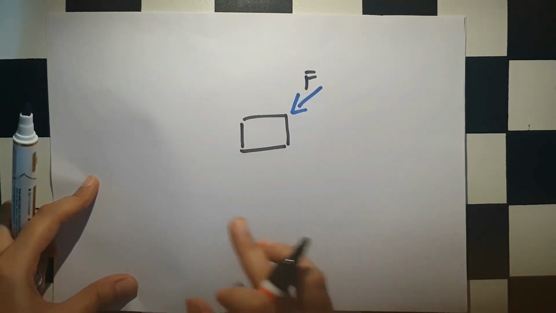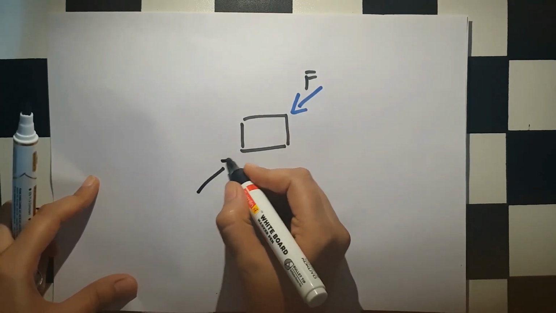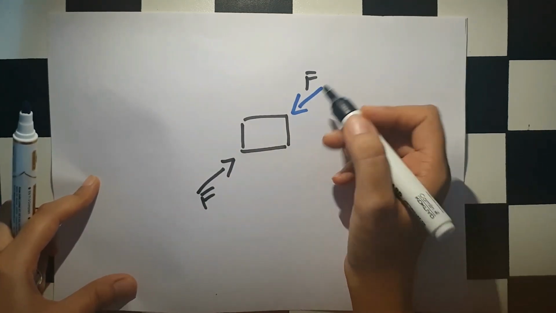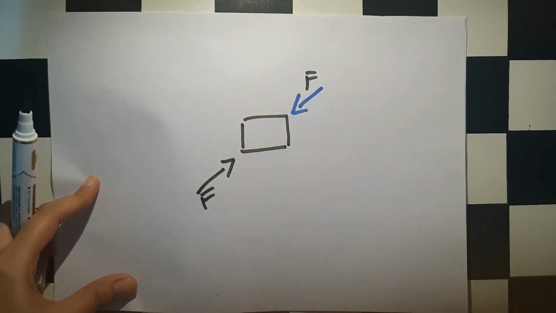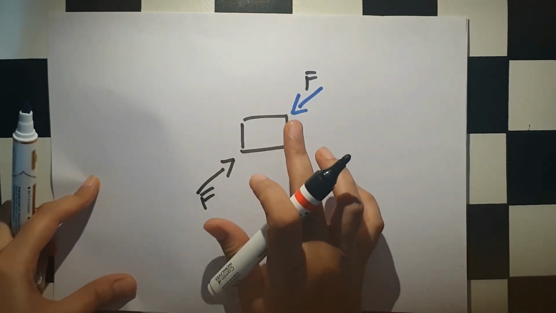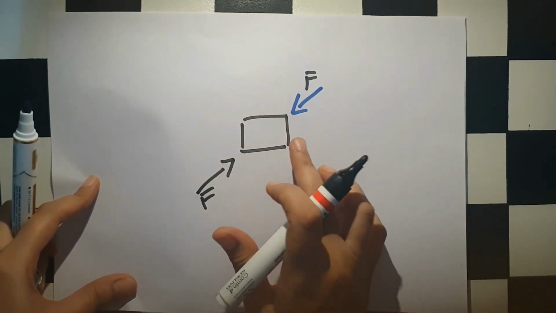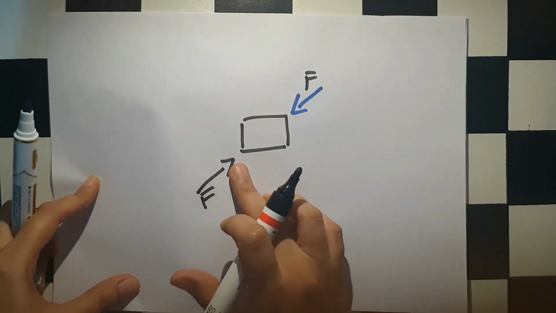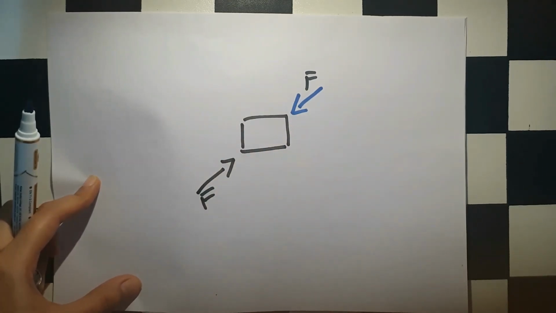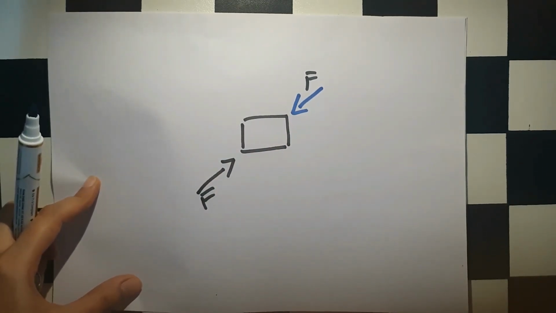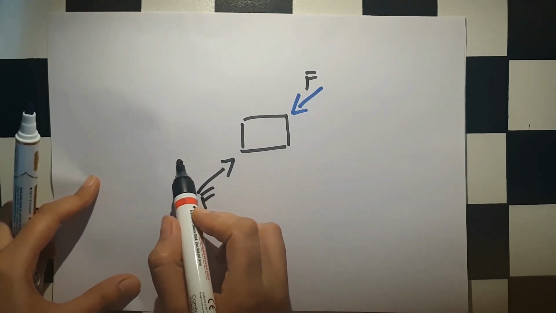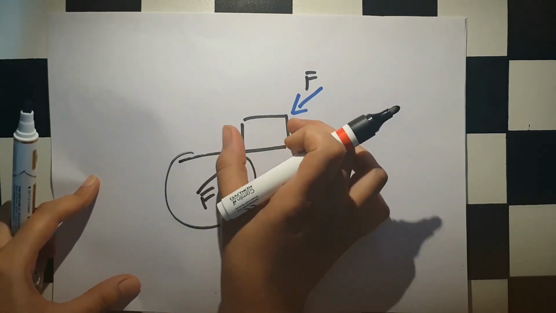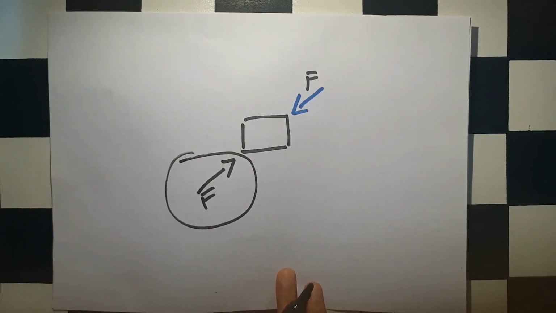So what you can do is apply an equal and opposite force F in order to balance this force F such that it doesn't move. The only option so that this block doesn't move is to apply an equal and opposite force of this applied force F. Now suppose you have one constraint: you cannot apply any force in this area, but you have to constrain the movement of this block. Now what will you do?